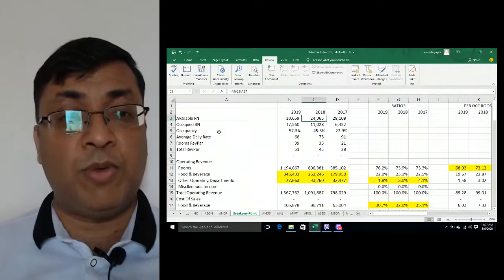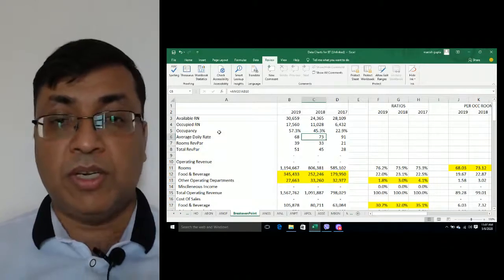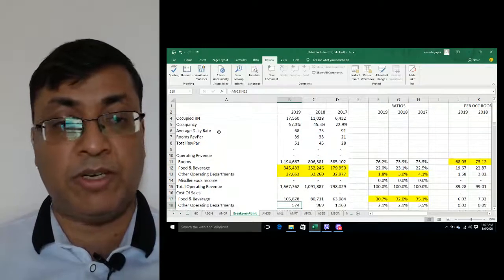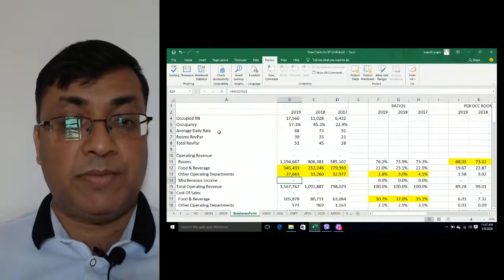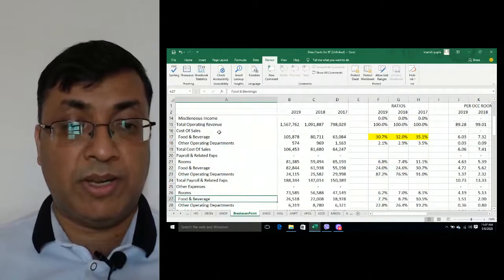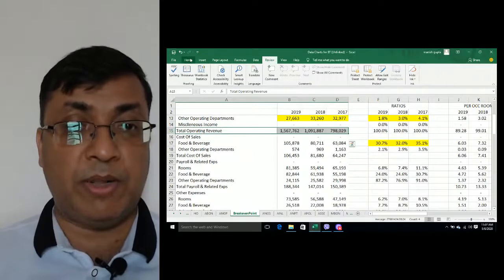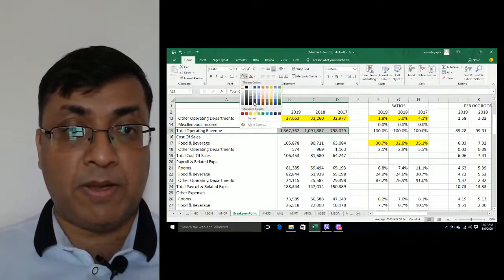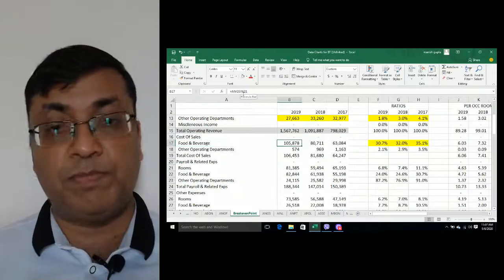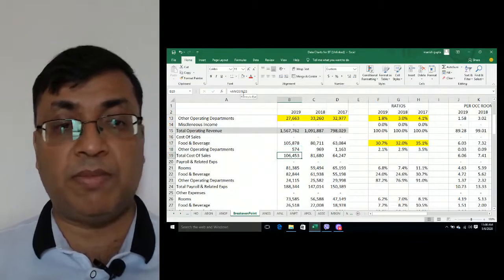So we have accumulated the occupied room nights, ratios, daily occupancy, and then operating revenues, profit and loss, food and beverage revenue. I will explain what the highlight means in a bit. So hang on. And then we have total operating revenue for this particular property here. And then we have identified cost of sales, fixed for food and beverage separately, for other departments separately, and